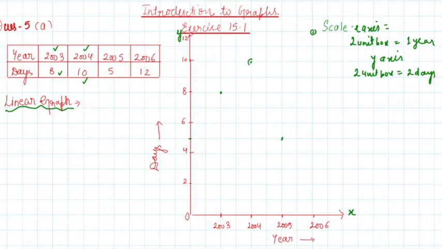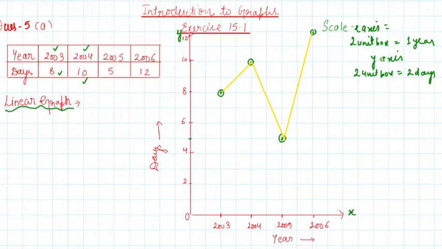So these are the points, right? Now you have to plot a linear graph. So we will join all the points one by one in the same order. First 2003 to 2004, then 2004 to 2005. It is very important to join the points in the correct order. If you join from this to this point and then this point, your graph will be absolutely wrong. Then 2005 to 2006. So go in the same order when you join the points. So this is how we have done this question, where we were supposed to draw a linear graph with the given values. This table was already given.